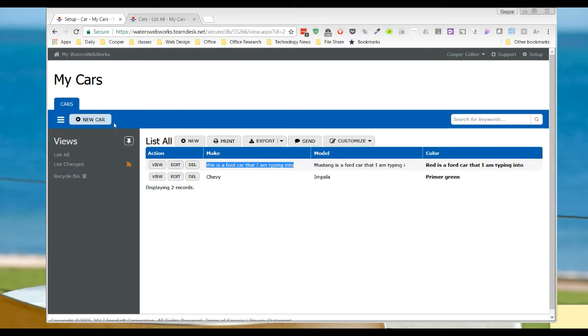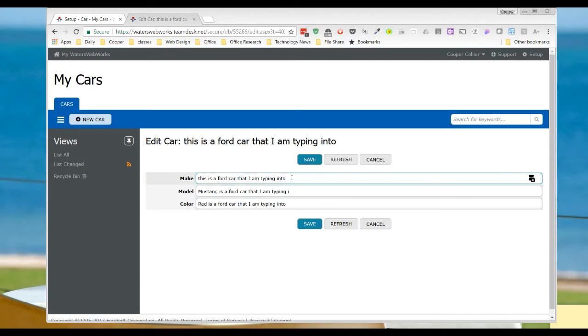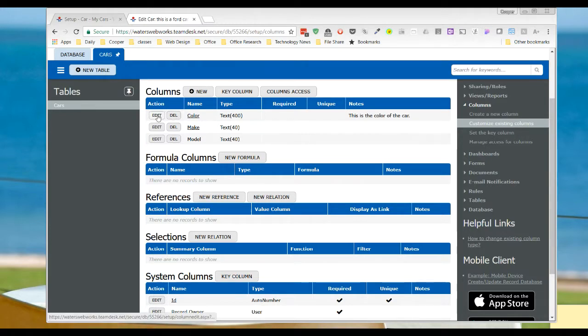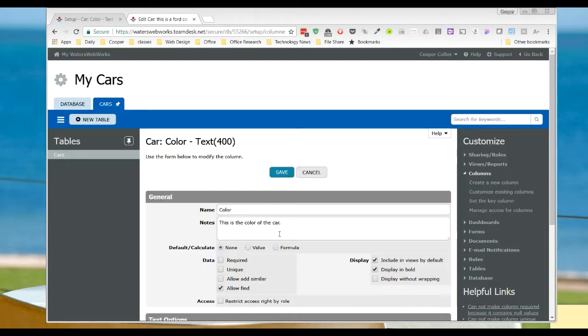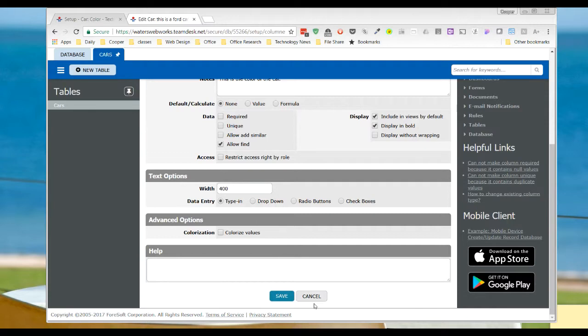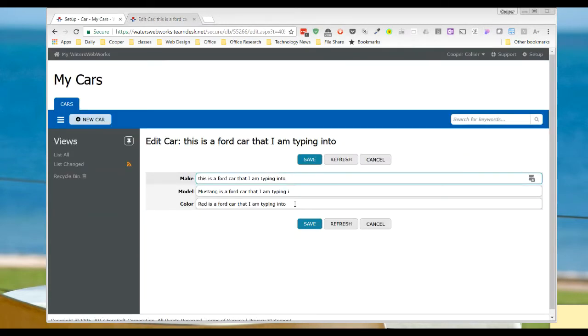Now let's look what happens. I'm going to refresh my screen. Looks the same, but I'm going to edit it, and now I can put a lot more in here. This is a Ford car that I'm typing into the type, please. Refresh this. What did I do wrong? Oh, I'm typing the width of the color is 400. See, color into the database to show you what happens